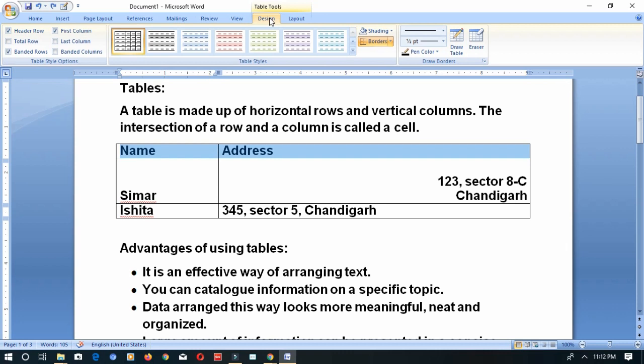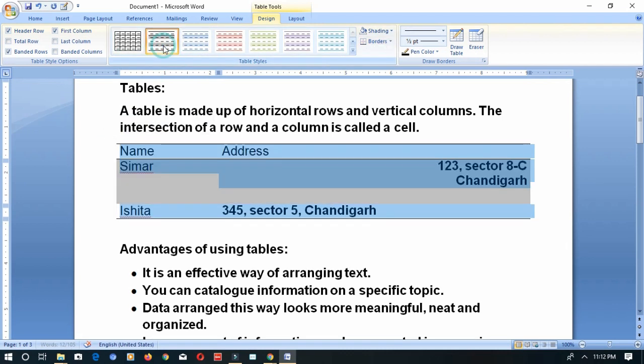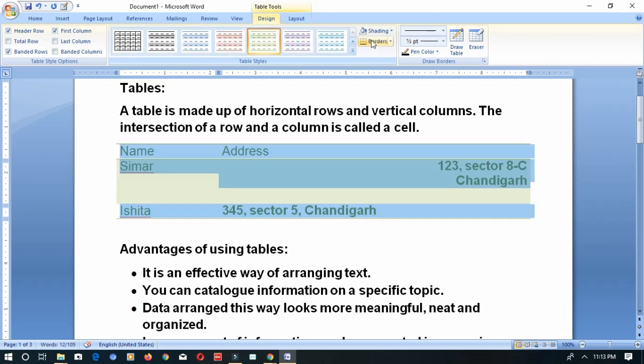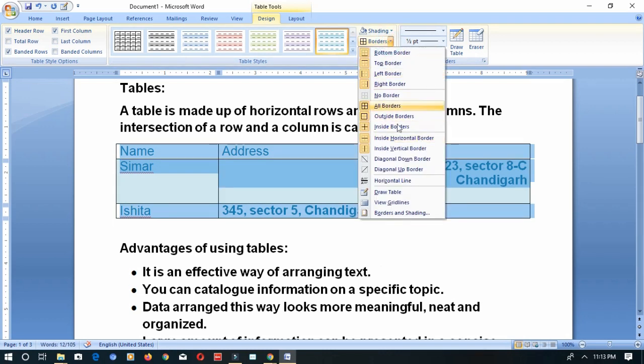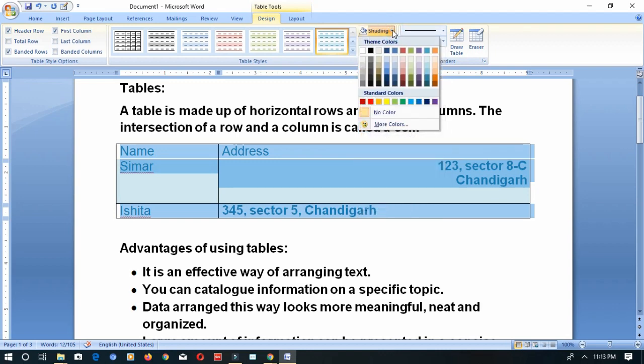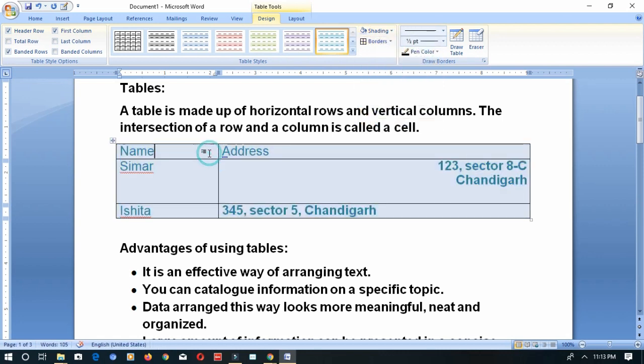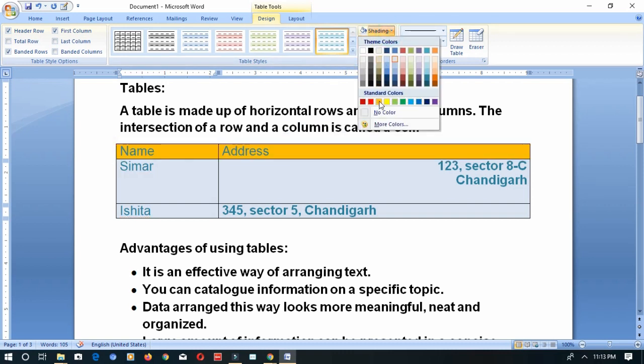So what is that? You can change the table style of the table. First, for that you have to select the table. So these are the designs which you can apply for your tables. If you want to change, give the border, all borders, or only these borders can be changed. Next, shading. If you want to give shading of a certain color, or I want to give different shading for the headings only, that can be selected. I want to give this color, that can be changed.